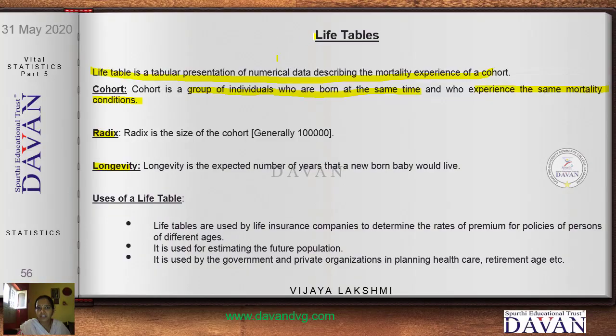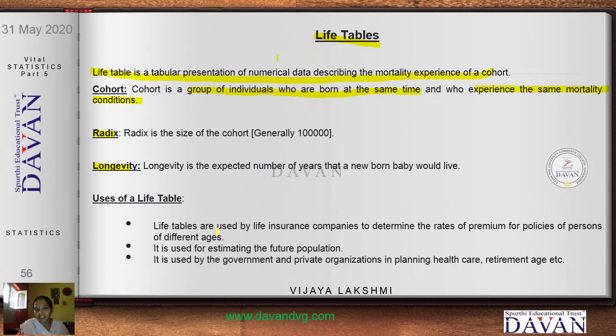The next concept of the same chapter, the last concept, is life table. Life table basically describes the mortality and the survival pattern of a population. It is basically the record that begins at the time of birth of each member and it continues until all have died. Life tables are generally constructed for various sections of population. It can be with different patterns of mortality.